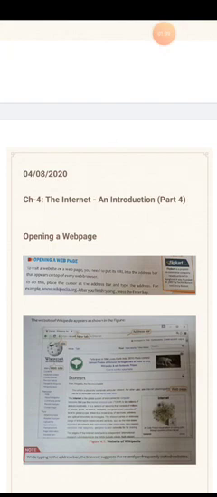Web browsers, I told you, is a software which helps you to open different web pages or websites, which helps you to see various web pages. And every web page has got an address, and this address is typed in the address bar of a web browser.